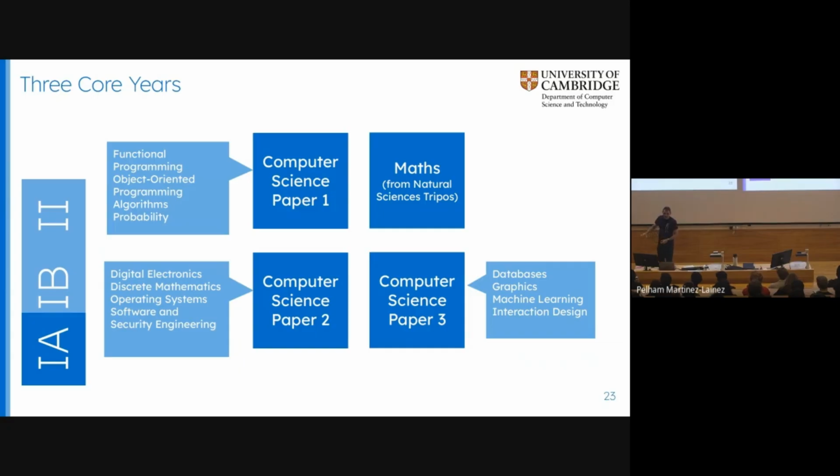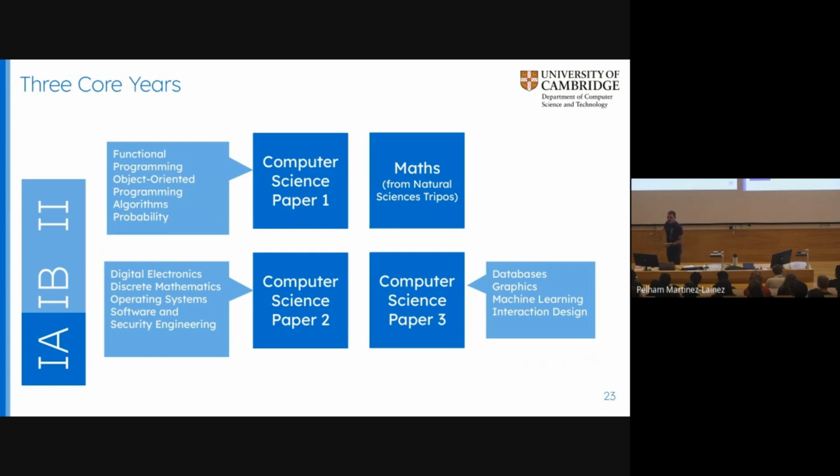Very, very roughly, the first paper there is sort of on programming and a bit more of algorithms and implementation. Second paper is a bit more towards systems and hardware. The third paper we consider to be more about applications. And because I know what you're thinking already and what you came here and wanted to hear, yes, there is some machine learning right from the get-go. Okay, so even in the first year, there's machine learning there as well.